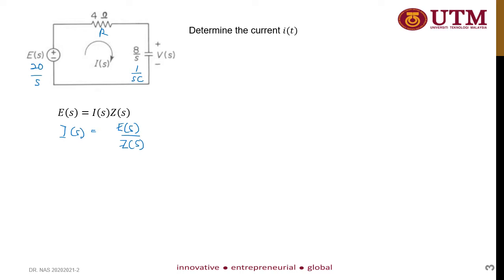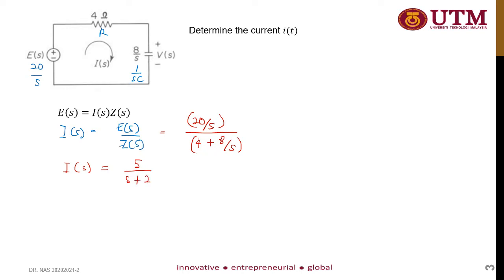So what is your E(s)? E(s) equal to 20 over S divided by your Z(s), which is R in series with the capacitor in S-domain, so it is 4 plus 8 over S. Next you need to simplify this equation and you'll get I(s) equal to